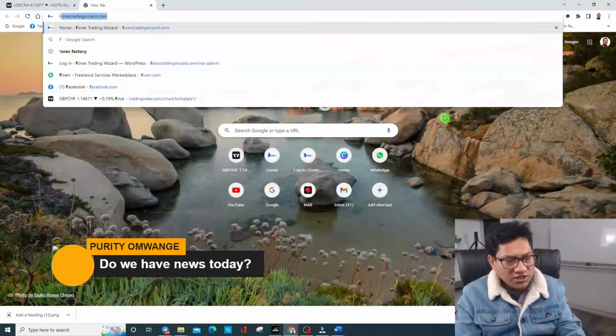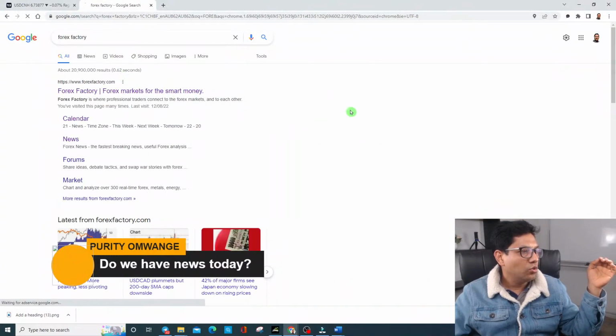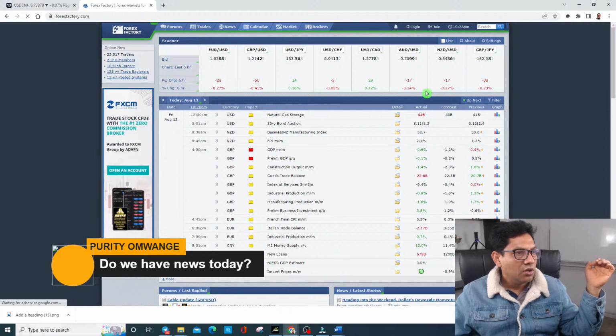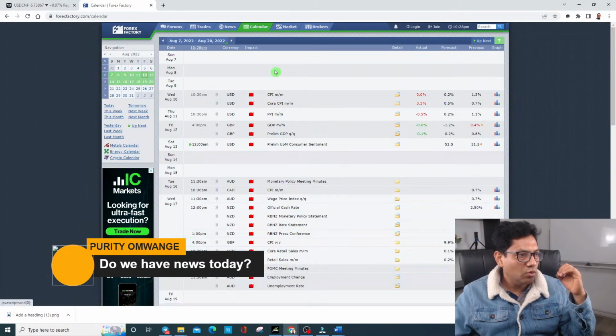If you go to Forex Factory, for those who don't know, it's a free news site, forexfactory.com. You can go to the calendar and see the news announcements here. Look at today's set, like 12 a.m. Saturday, which means Sydney time at night. We are in the night time now, so 12 a.m. is basically Saturday, meaning tonight.